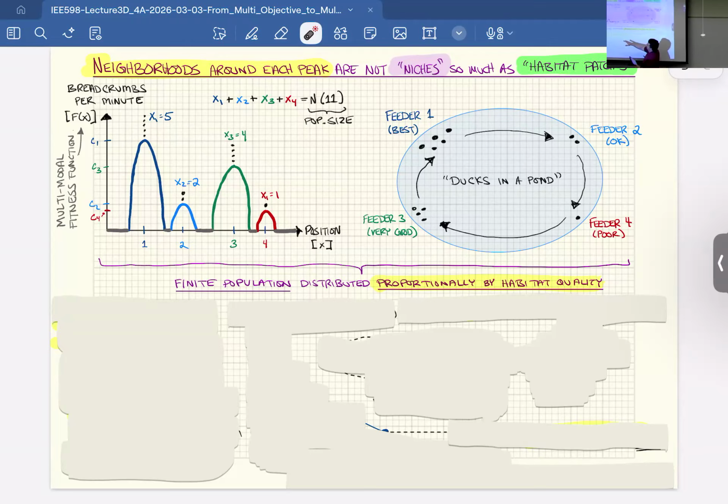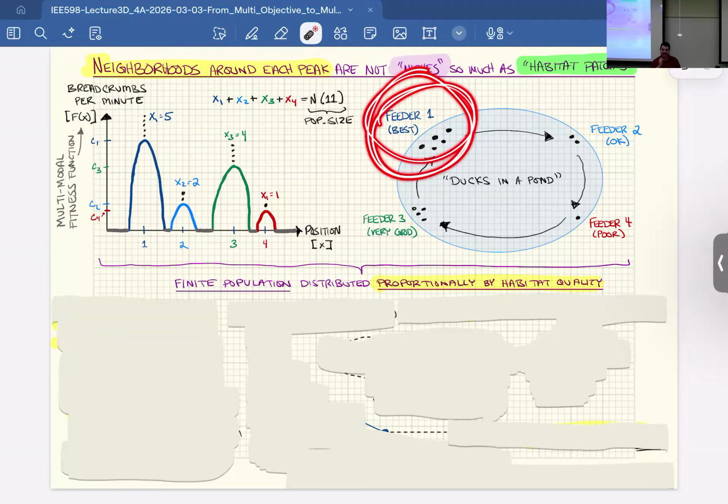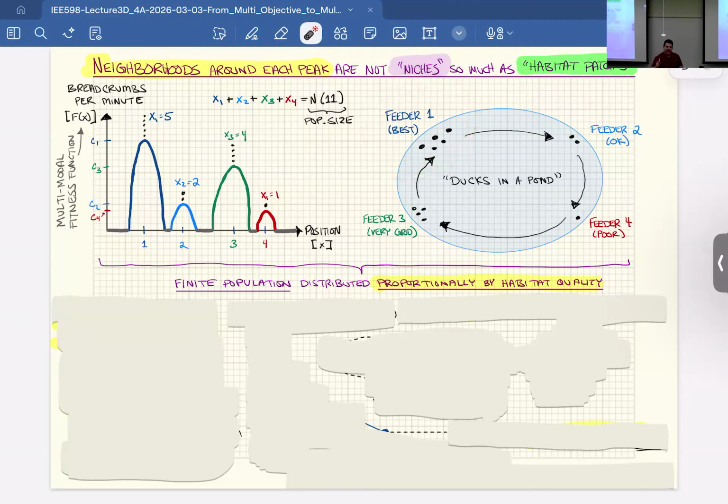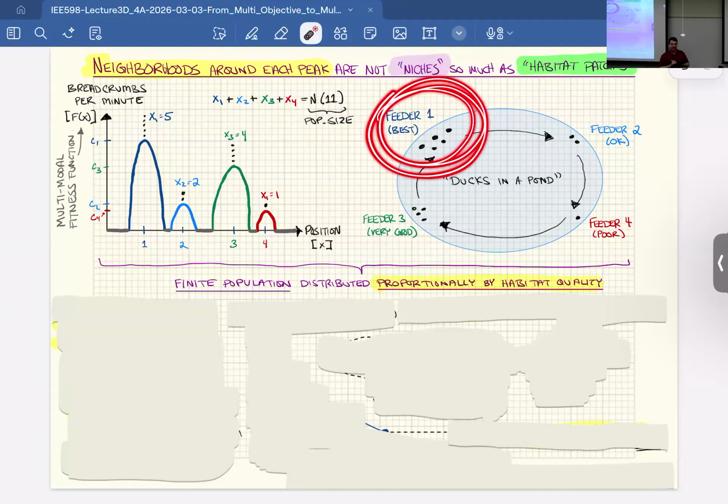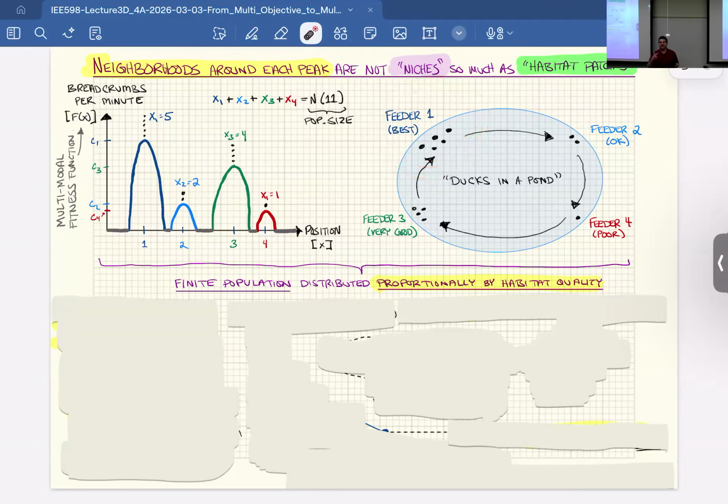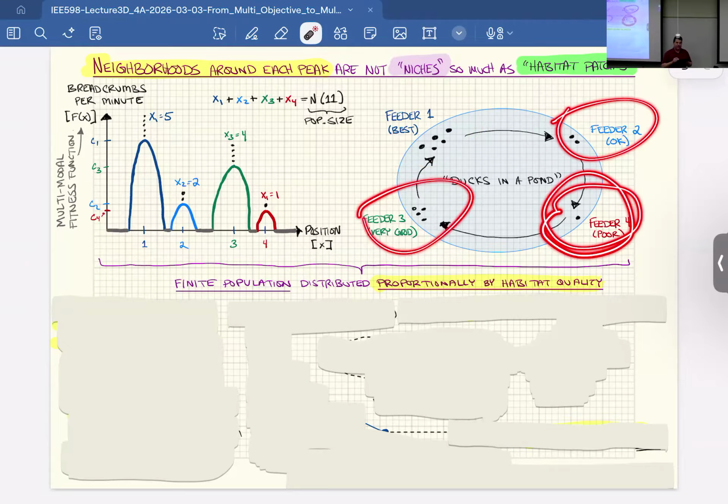All right, so each one of these fitness peaks and these multi-modes are basically people that showed up and started throwing breadcrumbs in at these different sides of the pond. And so one of them, the best person, somebody who's there with just a bunch of bread and they've got 10 breadcrumbs every 10 minutes or something like that, or even more than that. Maybe they've got one breadcrumb a second, 60 breadcrumbs a minute. And they're going to be throwing things in at one side of the pond. But then there's somebody else who just is eating a sandwich and every once in a while throws a piece of bread from their sandwich in. It's much slower. So maybe that person's over here. And then there's others who are sort of in between.